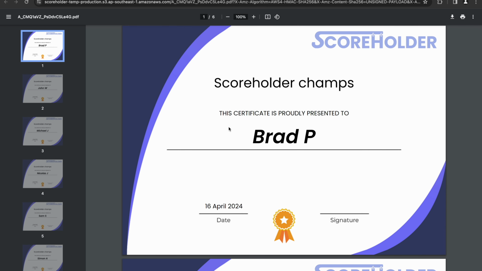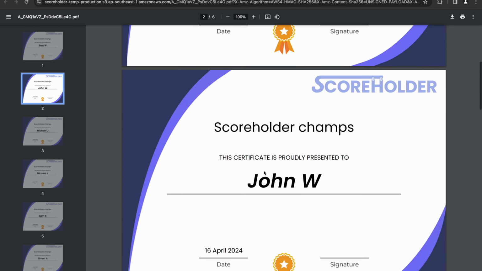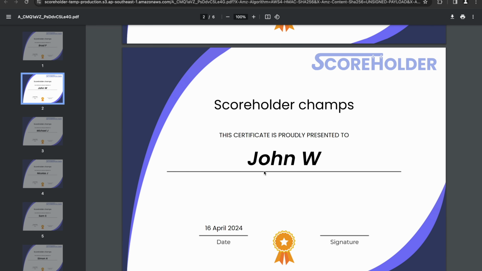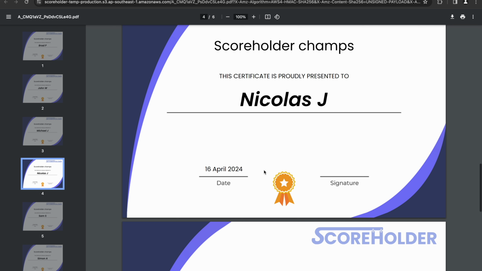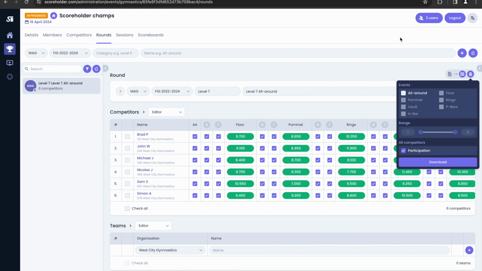Great. So now you can see for each competitor it has prepared a participation certificate. I also want to create all around certificates, and here I've got a range selector. So you can see there are 6 competitors. If I only wanted to create certificates for the top 3, I could change this to be between 1 to 3,